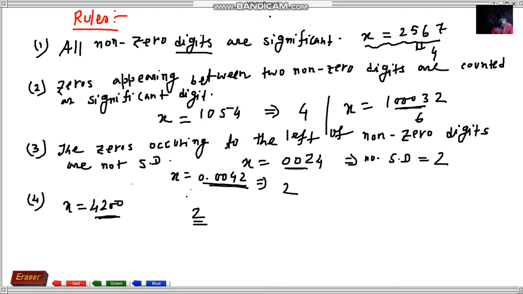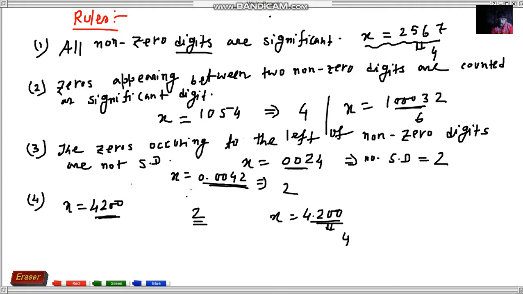But if we put a decimal point over here, like x equals